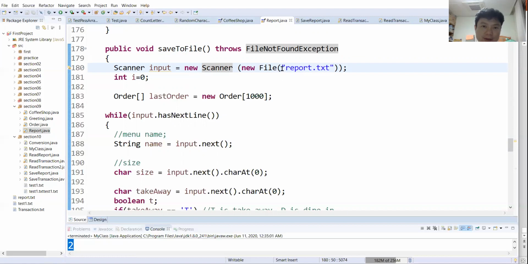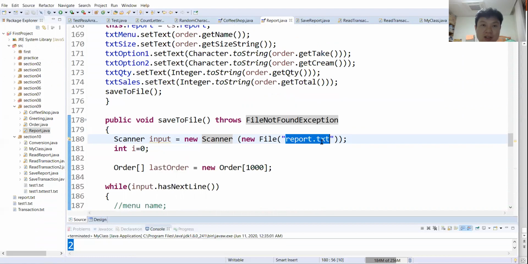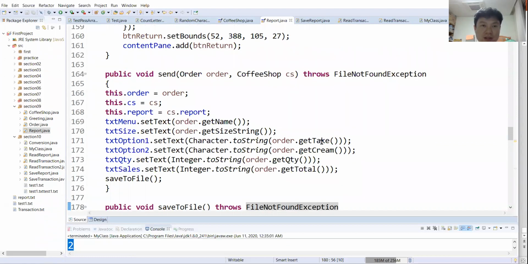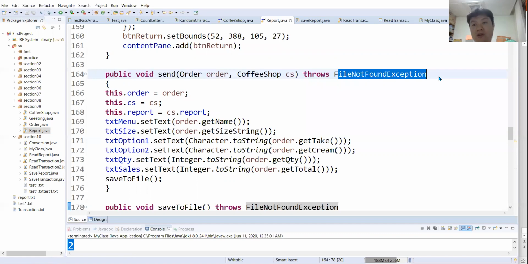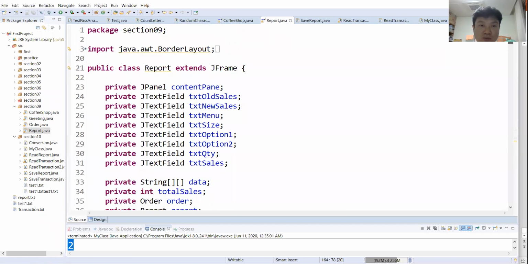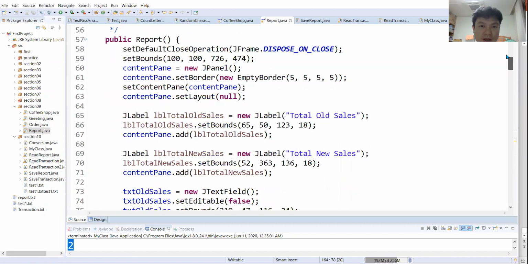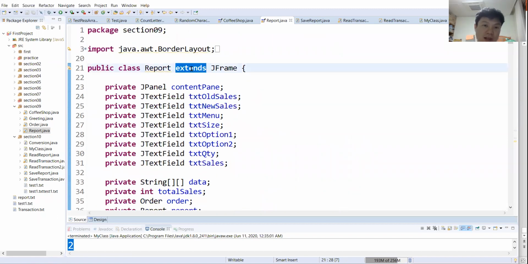And this one is about the report, okay? Because of this report.txt, everything that you are going to connect from the previous Java class will throw the file not found exception. Yeah, actually you can also use one thing. Okay, this one we have the extends. You can just use the